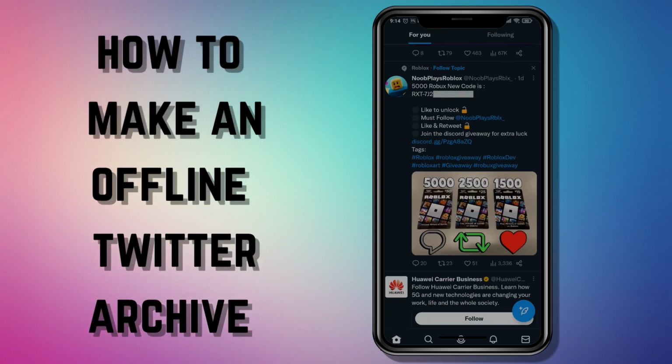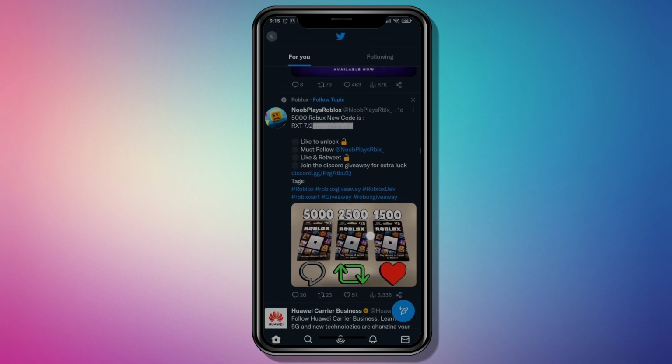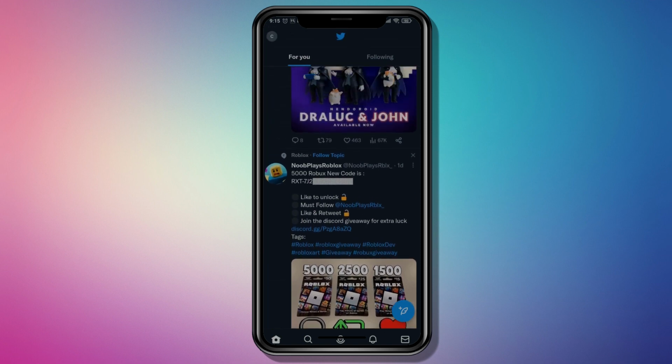How to make an offline Twitter archive. Twitter allows users to download a digital archive of their tweets and other data offline, so just in case you don't lose them. Now to create your own, you just come over to the home screen of Twitter and then